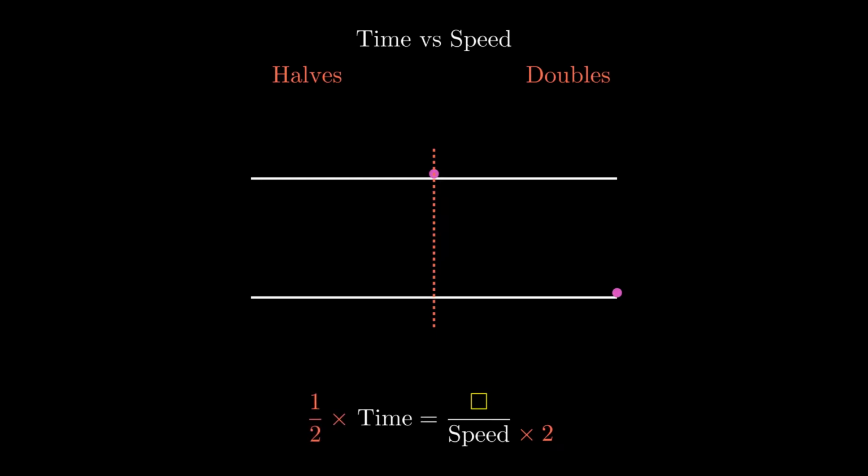Okay, and so before we move on from this story, I just want to point out that neither time nor speed here can sensibly equal 0. Down in the equation, you can algebraically see it just from the fact that you can't divide by 0. But also physically, no matter how fast you go, you never teleport to the finish line in 0 time, right? It's impossible no matter how fast you can run. And the other extreme, if you refuse to move, so you have 0 speed, then it's impossible to complete the